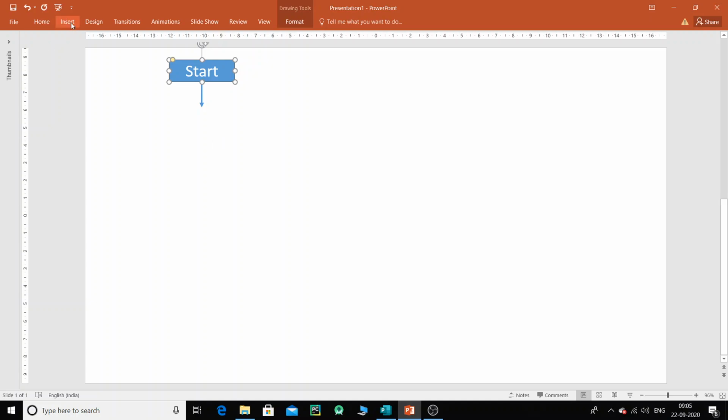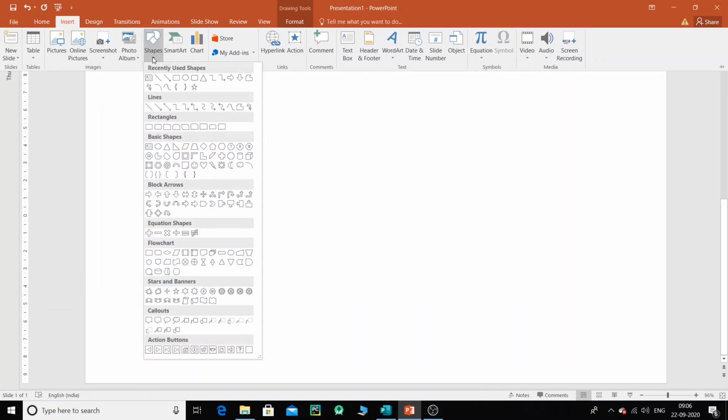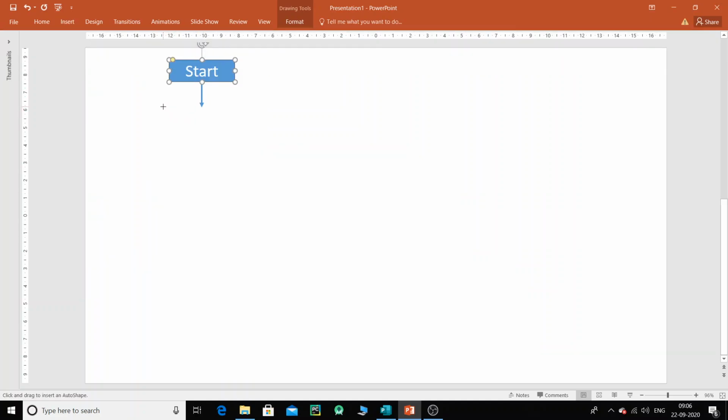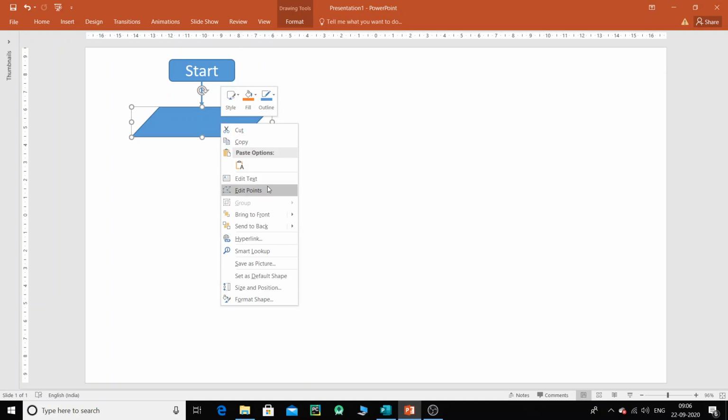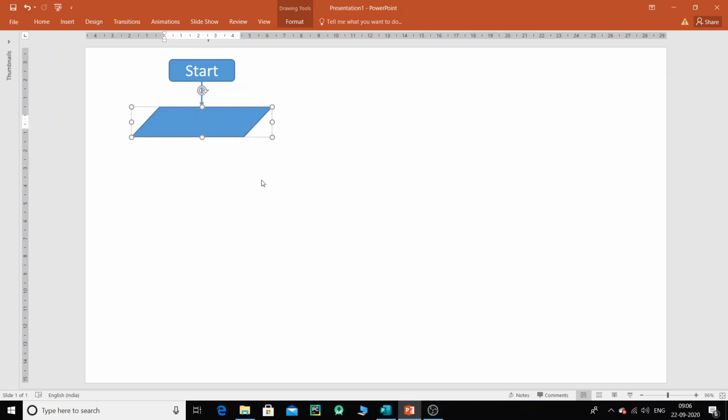So I will go for the input box, that is this one. And let us have that input box. Let us place it over here. And inside this I'm going to say read n. So this is going to read an n number,